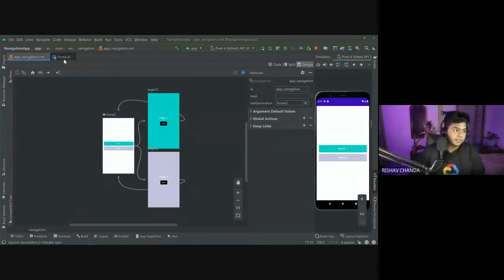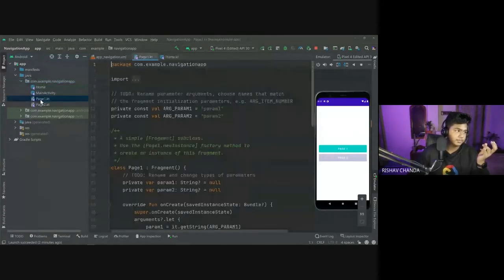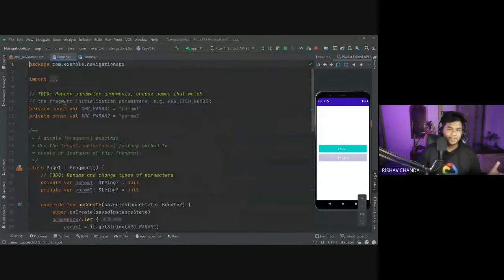Okay, so now to implement the action of this back button, we have to work in the page 1 and page 2 fragment Kotlin files, right? So simply go to page 1. I am closing this project. Now same thing, the boilerplate.